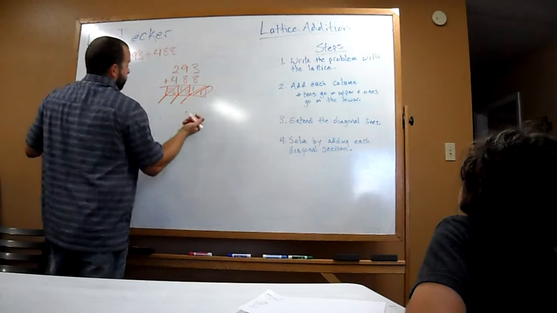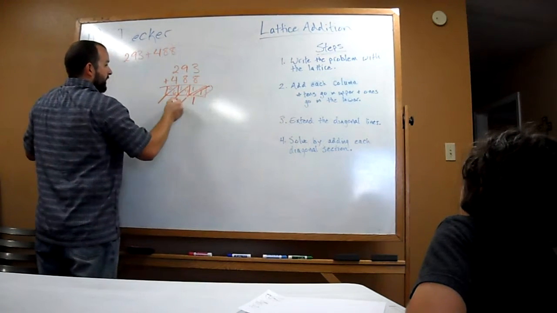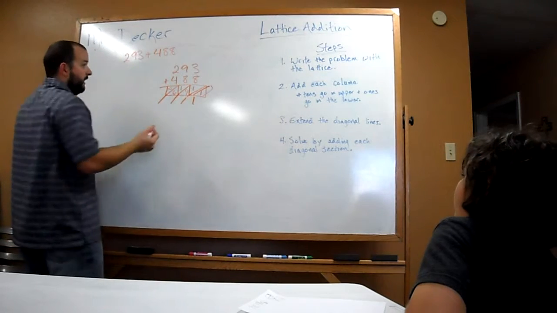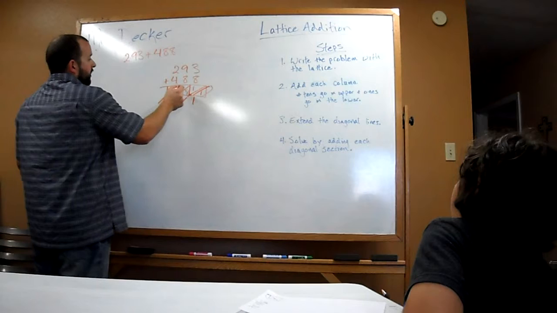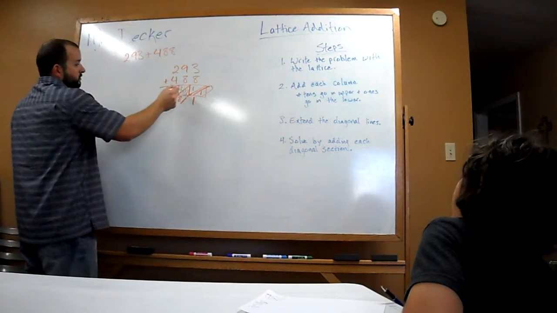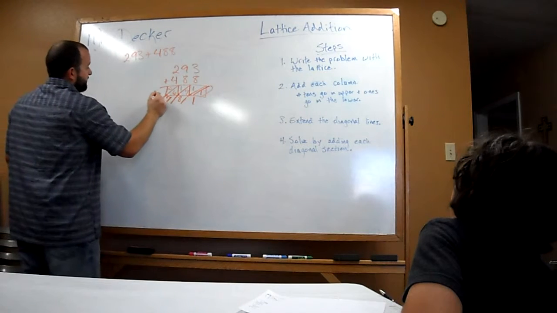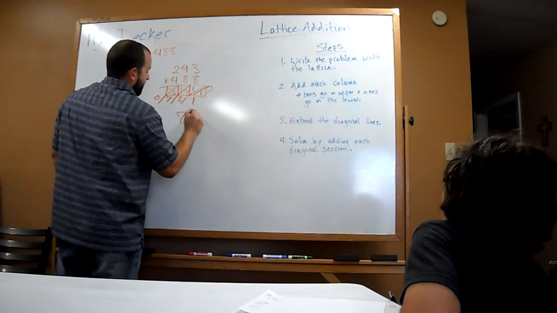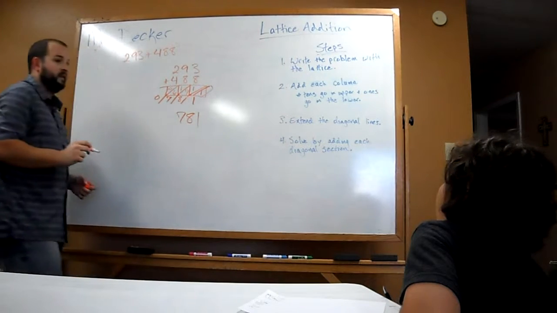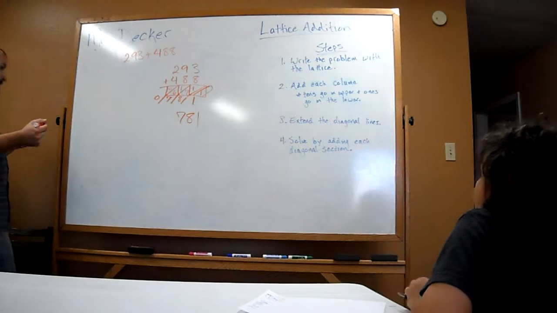Alright, so 1 plus nothing is 1. Our second diagonal row is this one right here, which is the 7 and the 1. 7 plus 1 is 8. Our third diagonal line is 1 plus 6 is 7. And then over here we have a 0. So our final answer is 781. I'll give you guys a little bit of time to write that one down